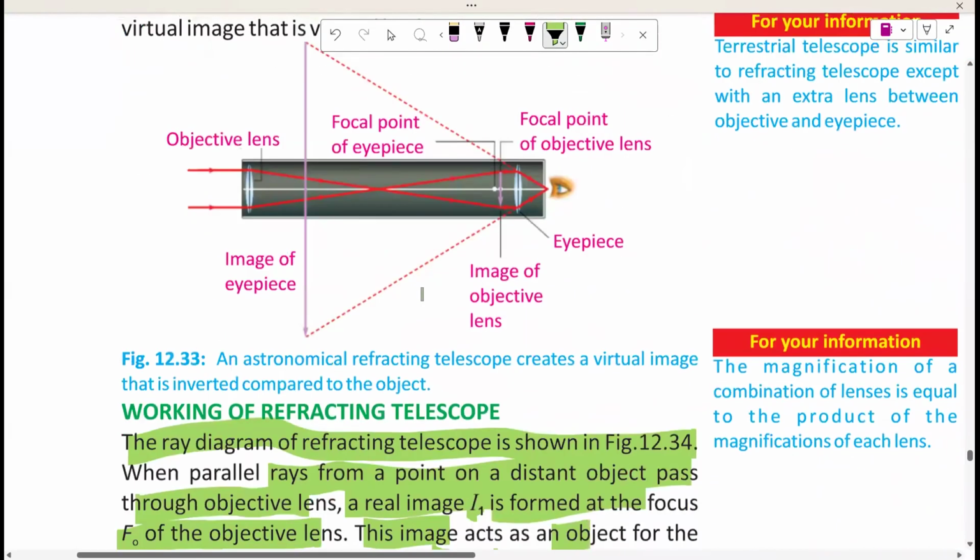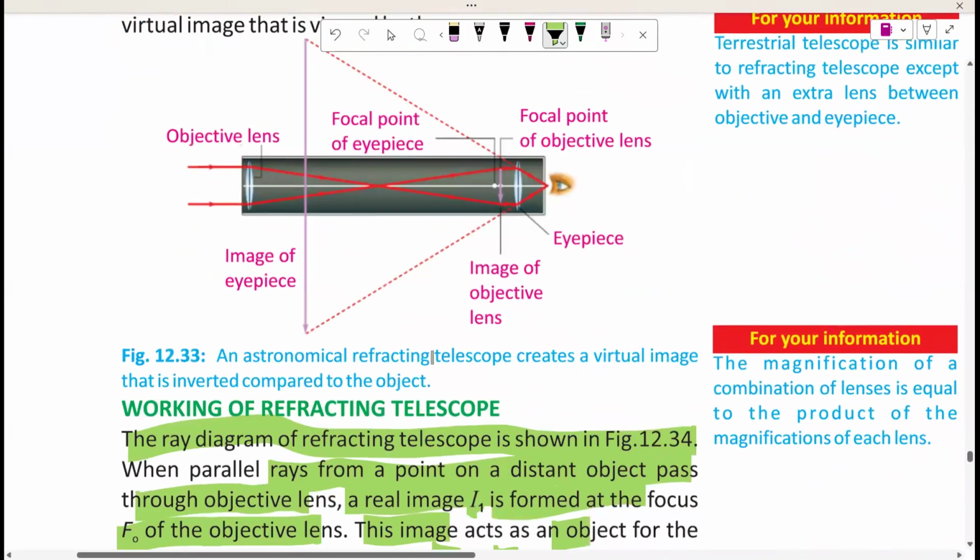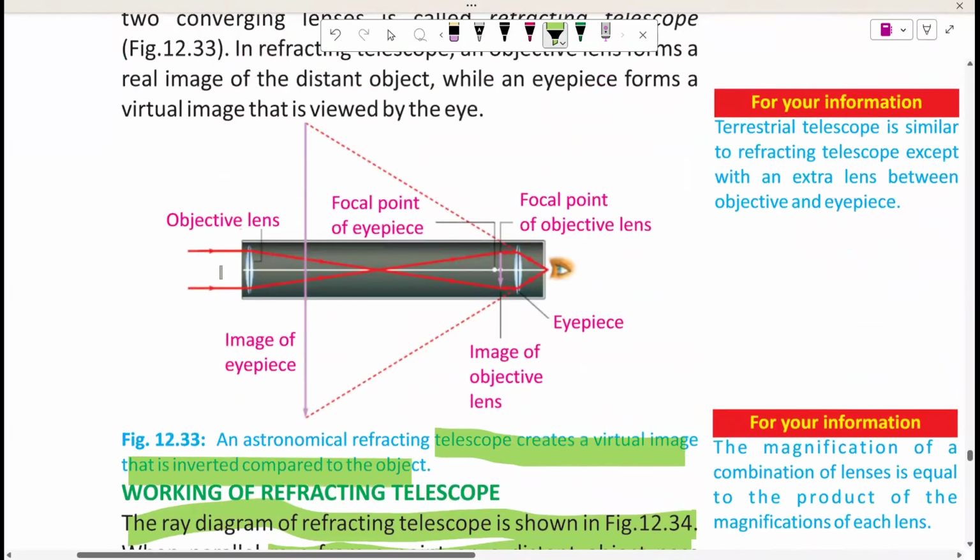On the contrary, ये उन्होंने image show किया हुआ, astronomical telescopes create a virtual image that is inverted compared to the object. ये हमारे पास objective lens है जहाँ से rays pass out हो रही हैं, parallel becomes converging, यहाँ पे उसने double उसके अंदर किया हुआ है, and this is the image formed by the traced back rays. ये देखो, लेंस पे आया, converges, trace back। Let me walk you through it. मैं इसको trace कर देता हूँ so that